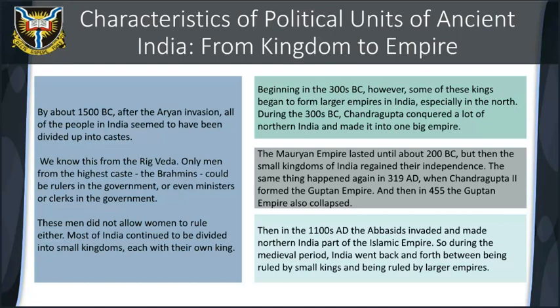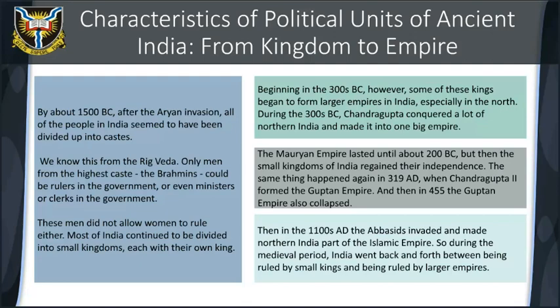Then in the 1100s AD, the Abbasids invaded and made northern India part of the Islamic Empire. So during the medieval period, India went back and forth between being ruled by small kings and being ruled by